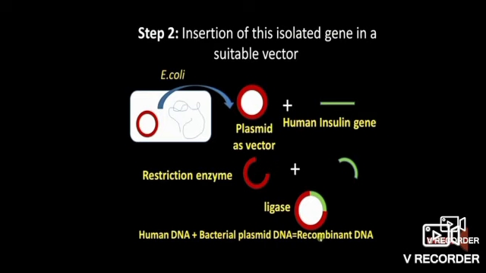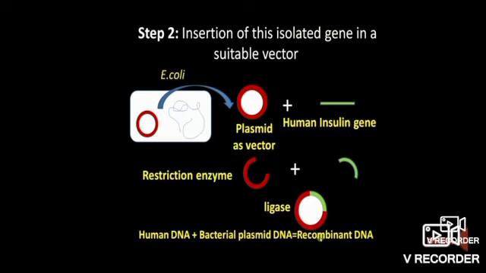The plasmid means what? It is an extra chromosomal DNA present in the bacterial cell. DNA will be having its own nucleoid which is there as a thin strand. Apart from that, here there is an extra chromosomal DNA in the form of plasmid. So this is E. coli bacterium here. We have isolated the plasmid. Circular one has come out. See, we have isolated the plasmid from the E. coli bacterium. This circular one is the plasmid vector, and the green straight line is the gene of interest, human insulin gene. So you can see the plasmid as vector and human insulin gene.